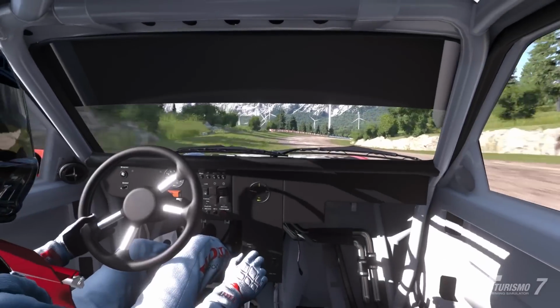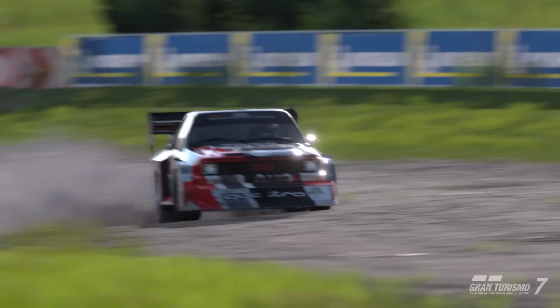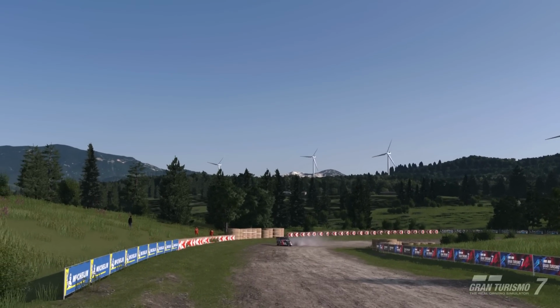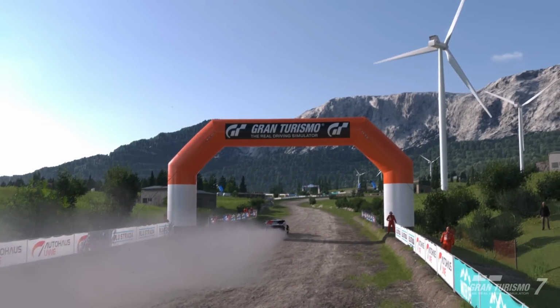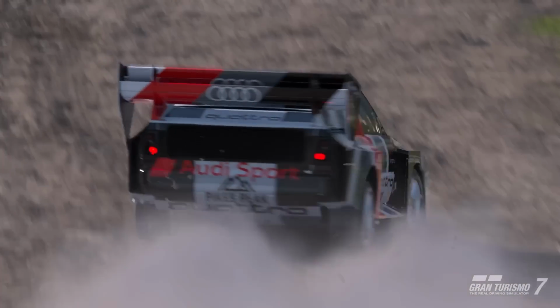I cannot go ahead and tune the suspension and stuff. More than likely, you guys will be able to do that, and you can probably set it up to be much quicker on both road and dirt, even without any kind of major upgrades or anything like that. But overall, I still felt comfortable behind the wheel of a type of racing I just don't do much in